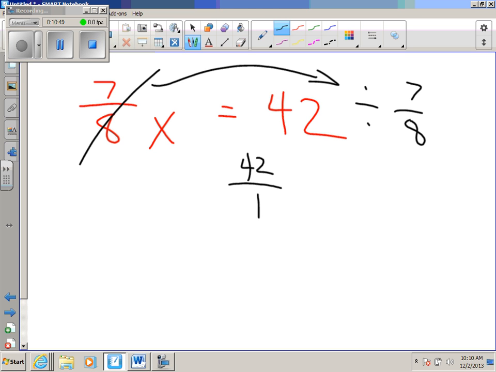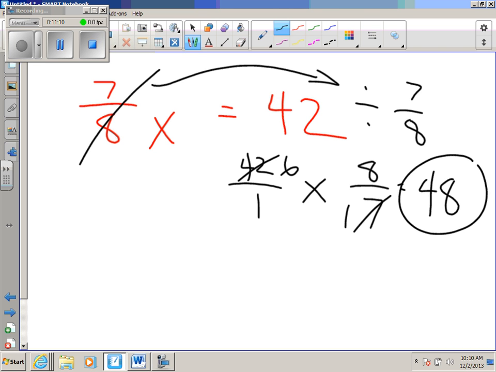42 has to be put into fraction form because I've got this fraction over here. I cannot just divide any numbers I want. That's why I need to multiply by the reciprocal. So 42 and 7 have 7 in common, 6 there, 1 down there. 6 times 8, 48 over 1 equals 48. Why does this make sense? If I have a 48 here,